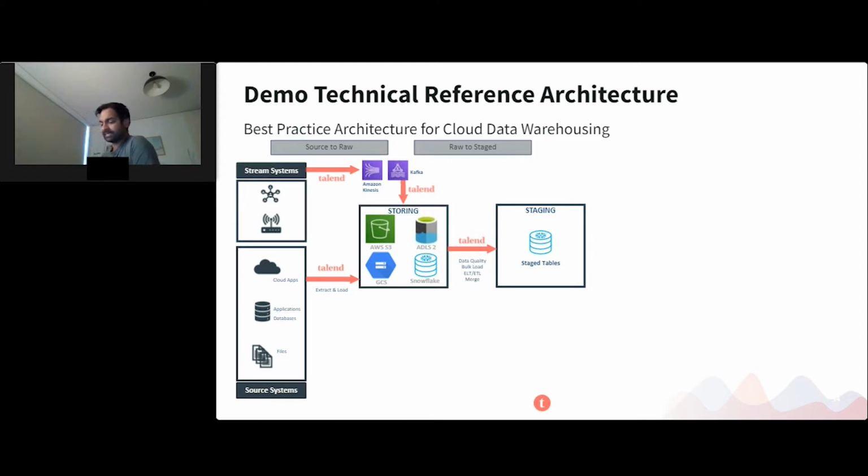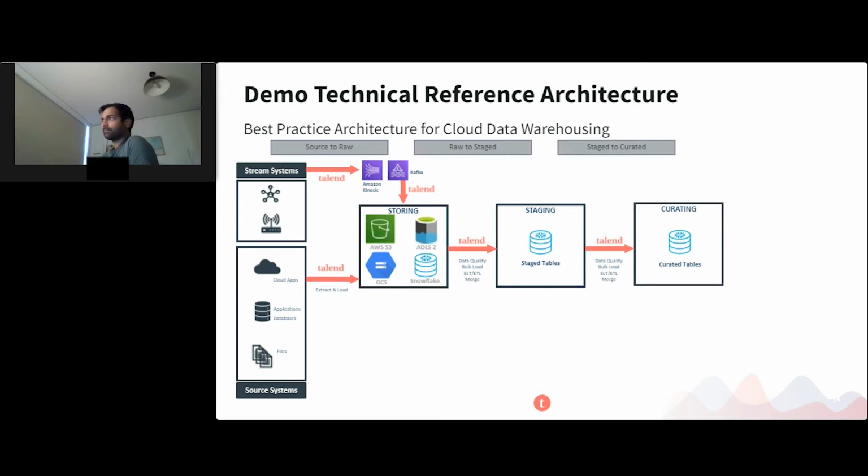So starting to chop and change that data, bring in reference data, start doing some aggregation, filtering, basically getting the data into shape to start using it. You might start doing some merging of tables, etc., as well at this stage. And finally, you will take that data from the staged